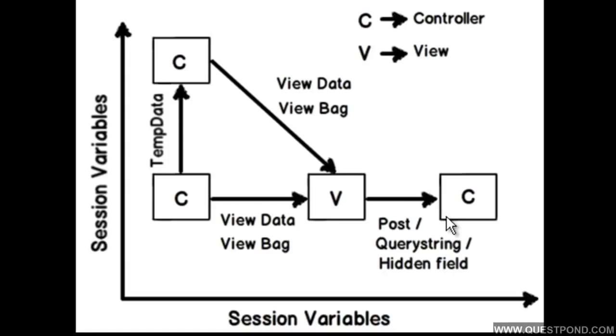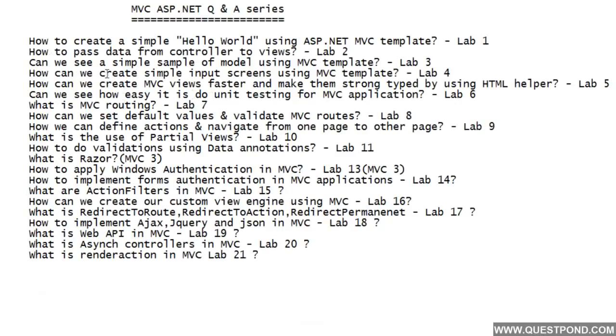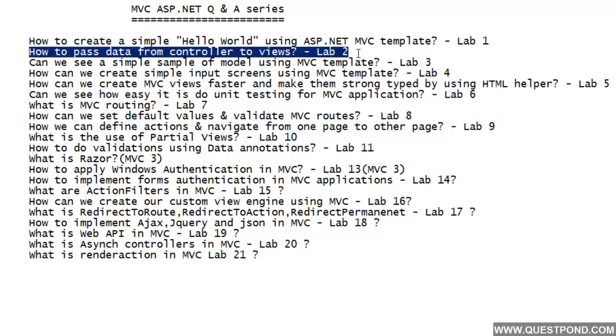Now, if you remember, in one of our previous videos we have already discussed how to pass data from controller to view, that is by using ViewData. So let me flip back to the index. You can see above we have this MVC ASP.NET Q&A series. In the second video, in lab 2, we discussed how we can pass data from controller to views by using ViewData. So let me quickly go back and revise what we did in lab 2, and then we will look into various other options which are available to process data between each one of these